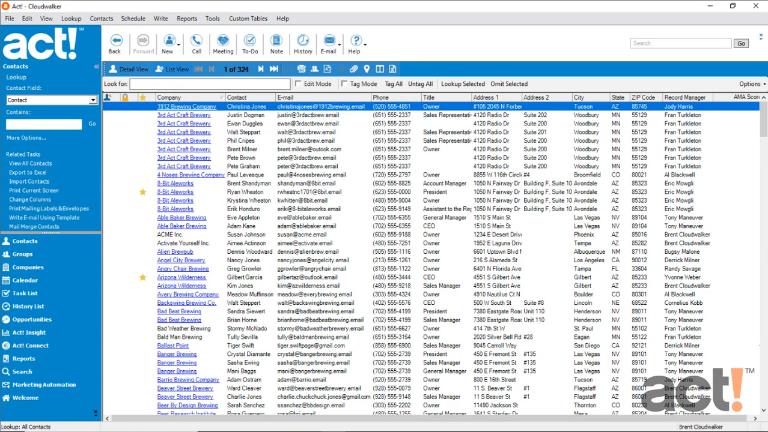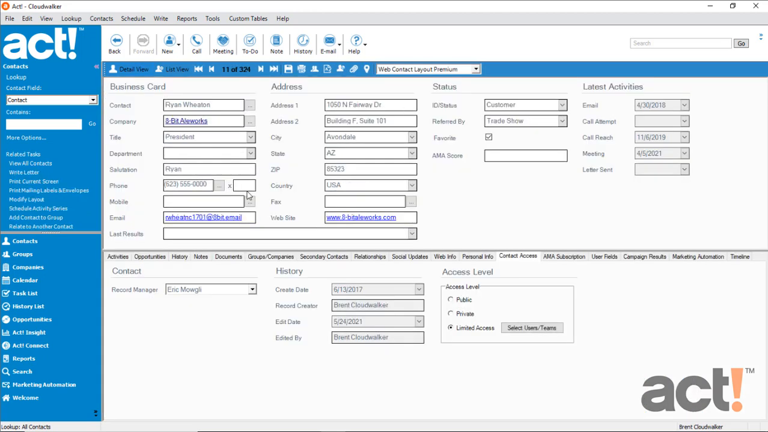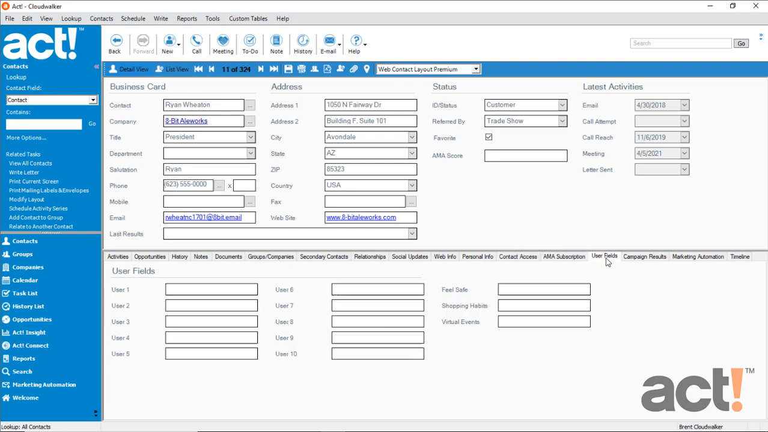So let's take a look at these fields and see how they currently appear. In the left navigation, I'm just going to go to my contacts area, and then I'm going to double click on one of my contacts to go to their detail view. And once I'm on the detail view, I'm going to locate the user fields tab down at the bottom, and I'll just click that. Now here we have 10 user fields which aren't currently being used to capture anything at